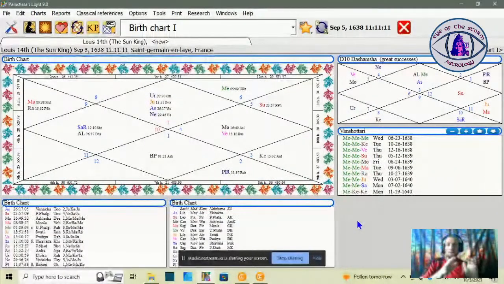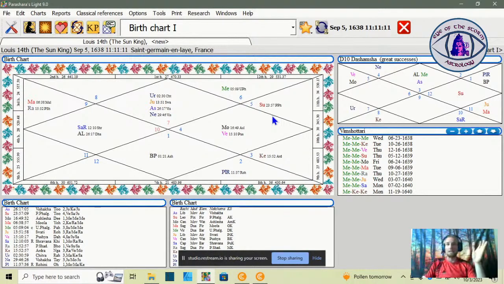Very interesting things to note here. First off, one of the most obvious things, and this is a huge distinction between sidereal and tropical calculations: when you look at Louis' chart using the correct sidereal calculation, we can see something very obvious in the position of his sun. The sun is in Leo, its own sign. So you have the sun, which represents the king, in Leo, the sign of the king, and it's in the 11th house, which deals with a larger social network circle, larger things.